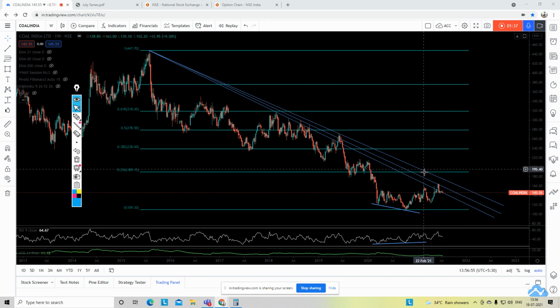Now the blue lines you are watching on the screen, these three blue lines are acting as a resistance, starting from over here. The middle resistance line is dividing these two. The stock happened to make a double top exactly over here, as you can see, right? This double top comes at 165. That's one. However, the stock happened to close on Friday at